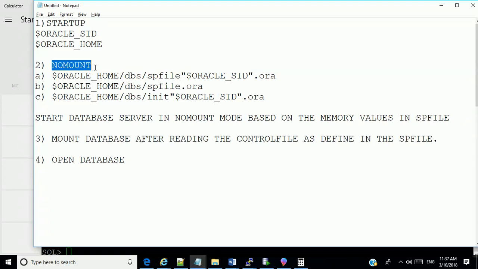Okay, now when you have restored your control file, Oracle reads the value of the control file to mount the database. Okay, and in the mount position, that is where restore is done. That's where operations like restore, renaming of data files, restoring data files, restoring database, all these things are done when the database is in mount mode, okay? All right? And then after that, you open your database so that it's now available to everybody.